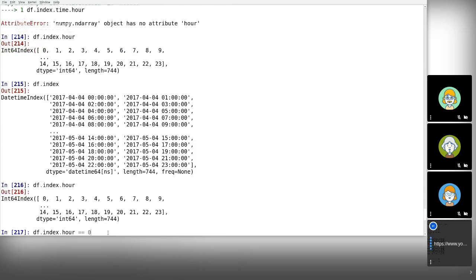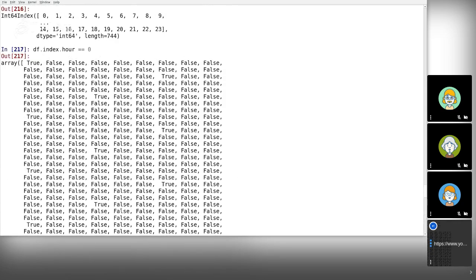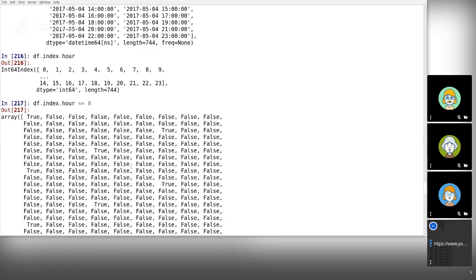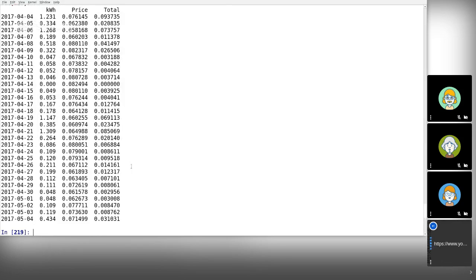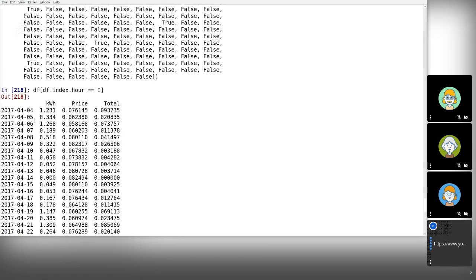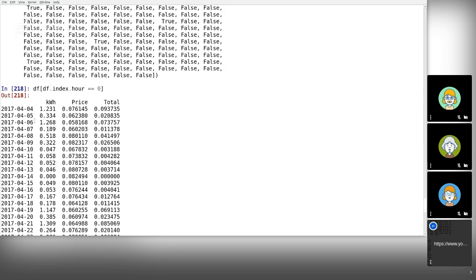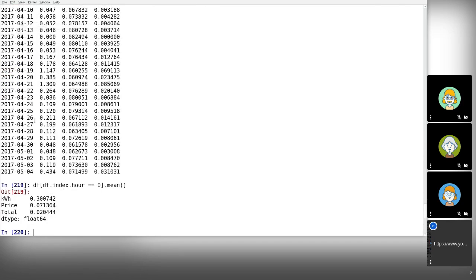If I compare that to 0, I get a bool which contains true whenever the hour is 0. Since this is a bool, I can use it to index my data frame. You get all the data points acquired at 12 a.m. And I can now compute the mean, for instance. I see that I consume on average 0.3 kilowatt hours, and the average price is 0.07 euros per kilowatt hour, and that yields 0.02 euros for the average day